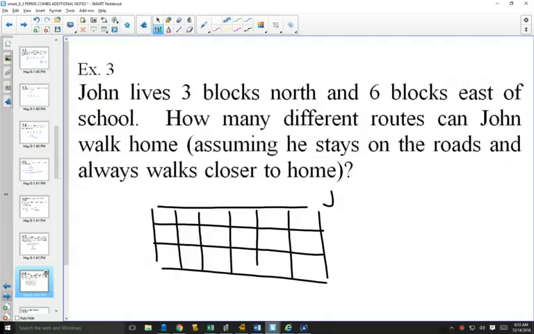And then his school is right here. So to get home, assuming he stays on the road and always walks closer to home, he needs to go north 3 times and east 6 times. That's how you say that word. That would be,